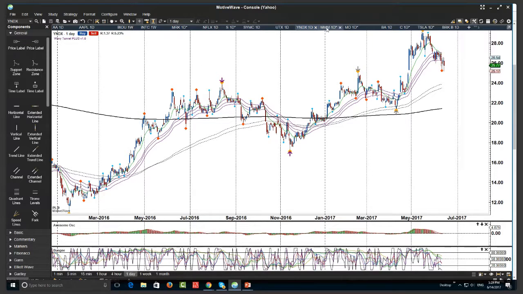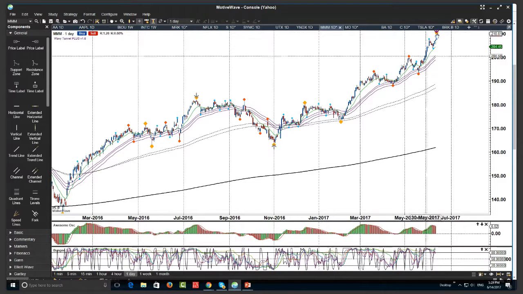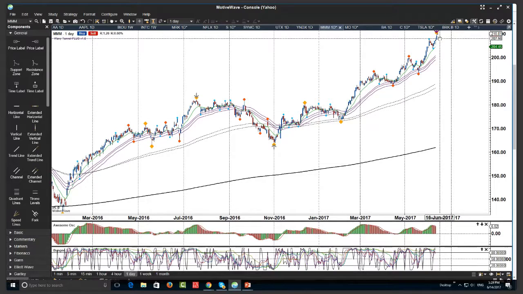Let's just do a few more. All right, here are some examples. I think I'm done with the ones on the scanner where I scanned for the hourly down to the 5-minute bearish. This is from the scan all bullish, so all blue from the weekly down to the 5-minute. And when you see all blue, this is the daily chart. It's kind of hard to get in because everything is just moving straight up. So back here, we had a nice opportunity to enter,